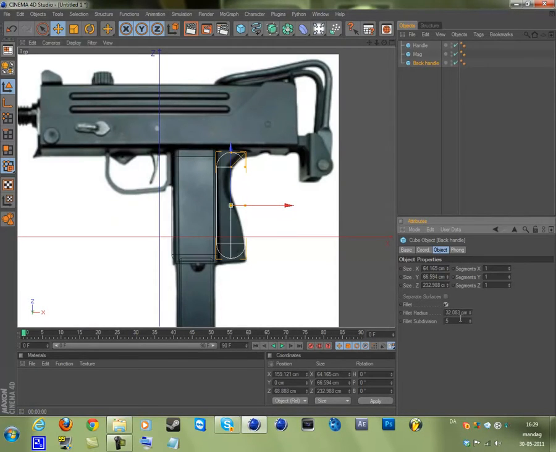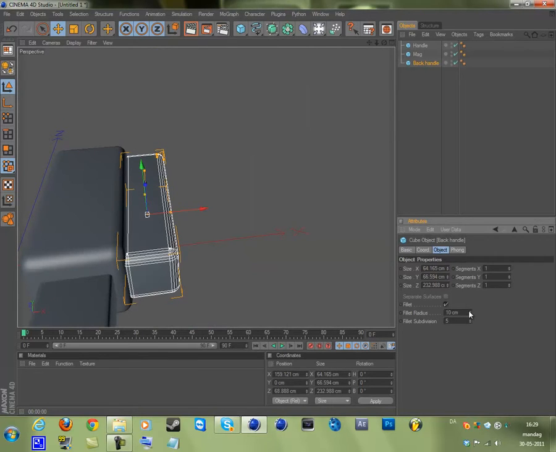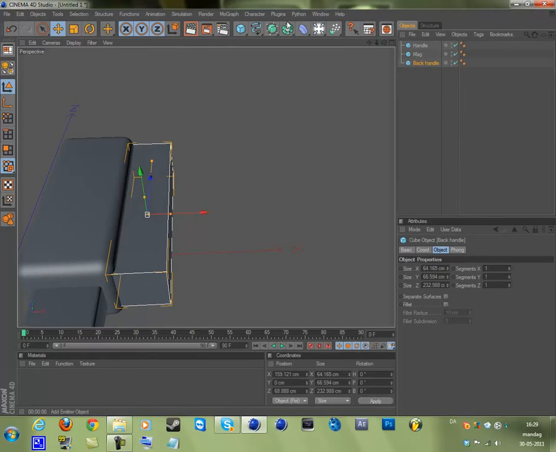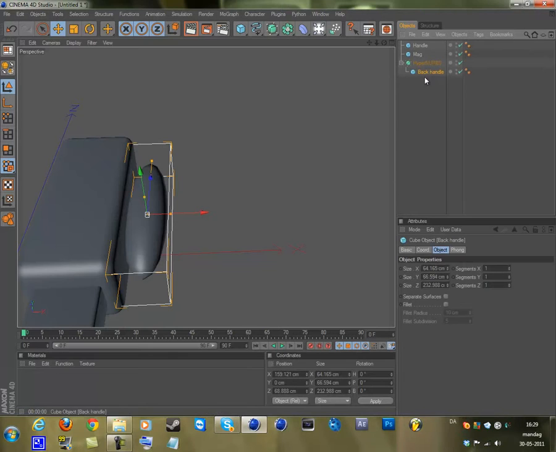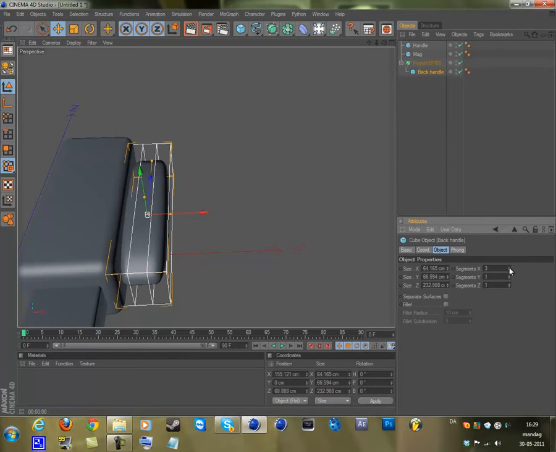So you want to make a fillet, and you want to make the radius like 7. Actually, let's say 10. You know what? It doesn't matter. Just remove the fillet. Then you want to make a hypernurbs. Then you want to drag the back handle into the hypernurbs. Then you want to make some segments.